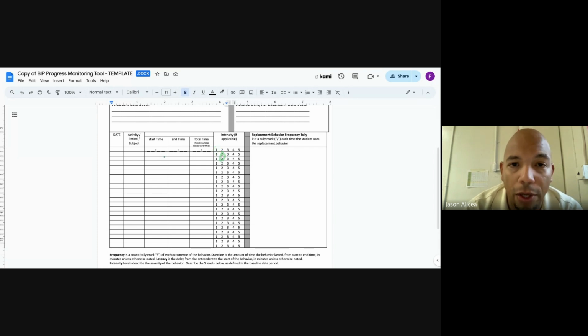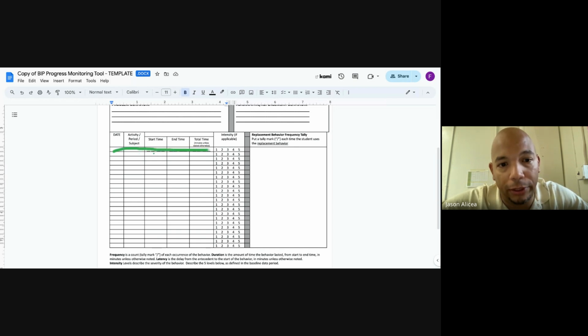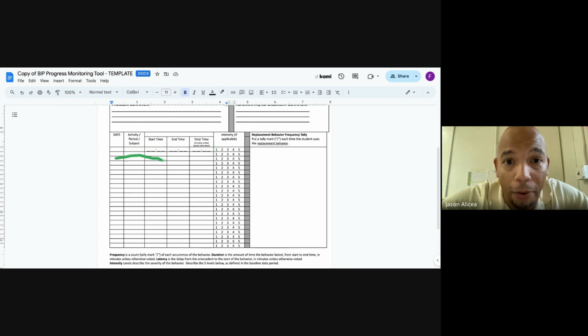As Sydney mentioned, we are going to be looking for one circle in each entry, not multiple circles. And again, if the behavior is happening for a short period of time before moving into another behavior, perhaps a level 2 behavior that happens for a short period of time before escalating to a 3 or 4 or 5, then yes, we're going to note whichever is the highest behavior in that behavior chain.